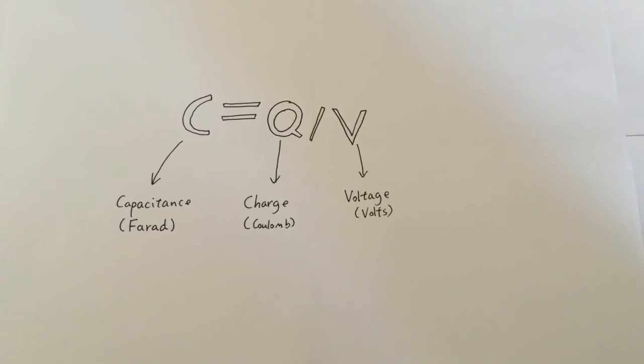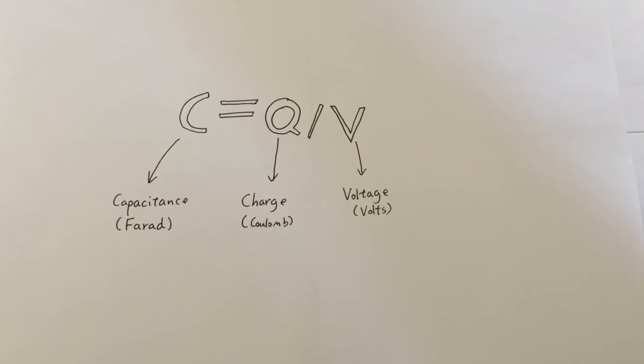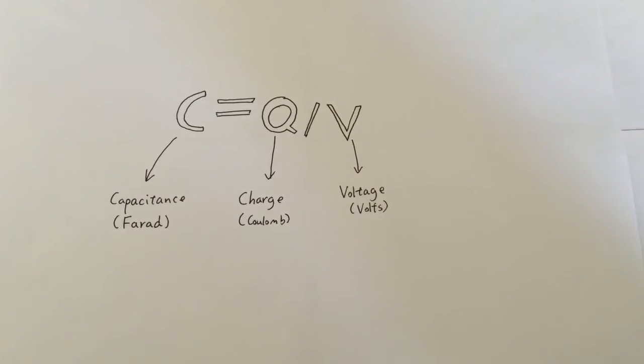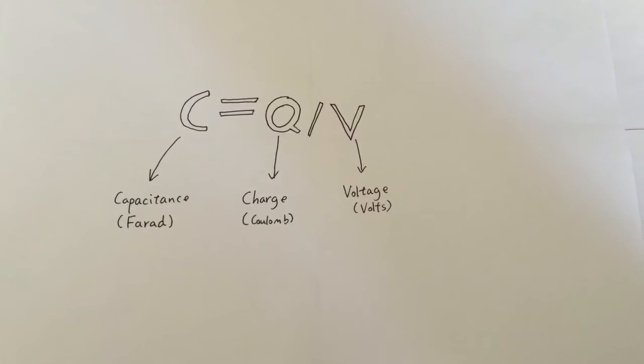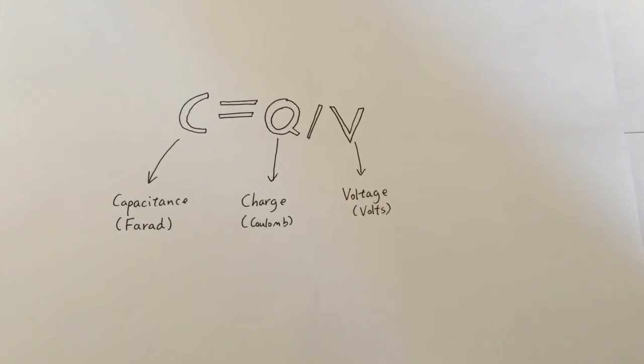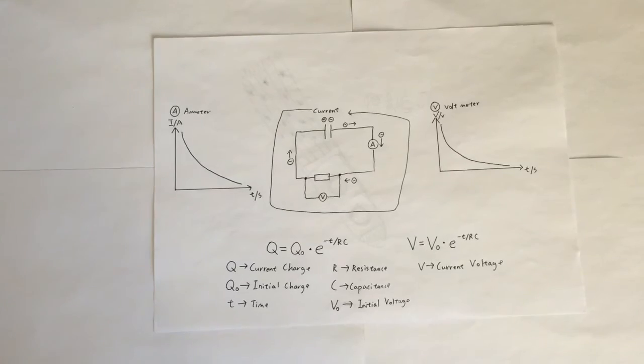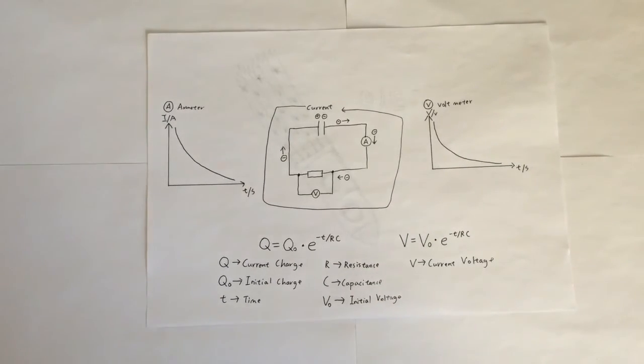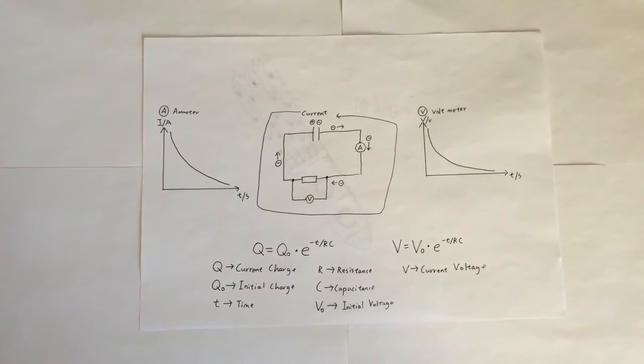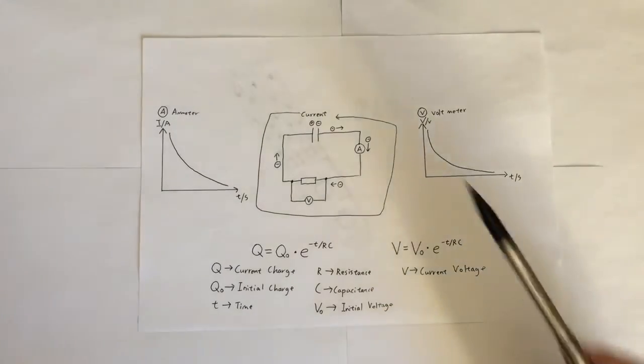There is a formula for capacitance, which is C equals Q over V, where C is capacitance in farads, Q is charge in coulombs, and V is voltage in volts. After the capacitor is fully charged, it can be linked to another circuit to be discharged, such as this one